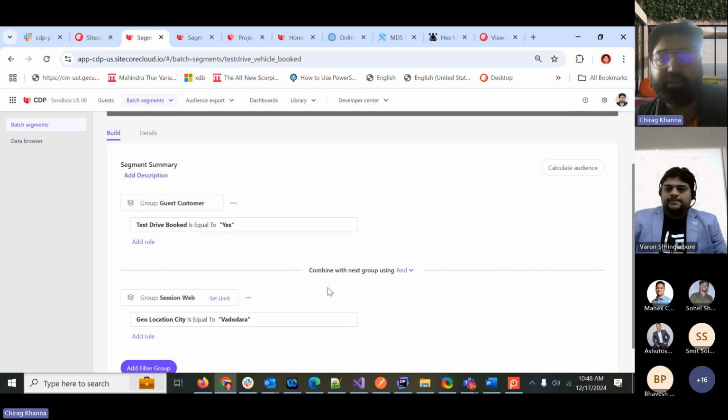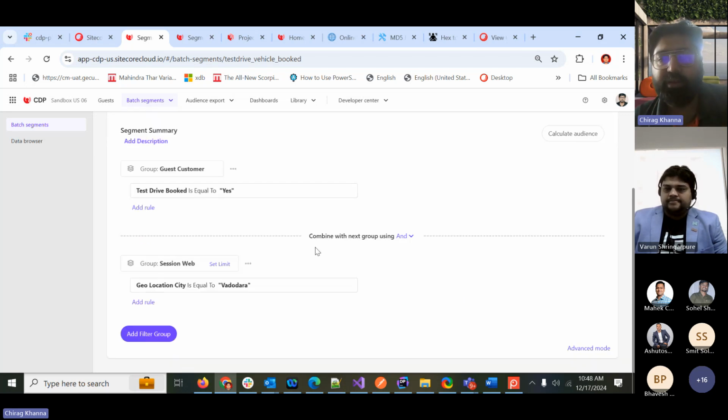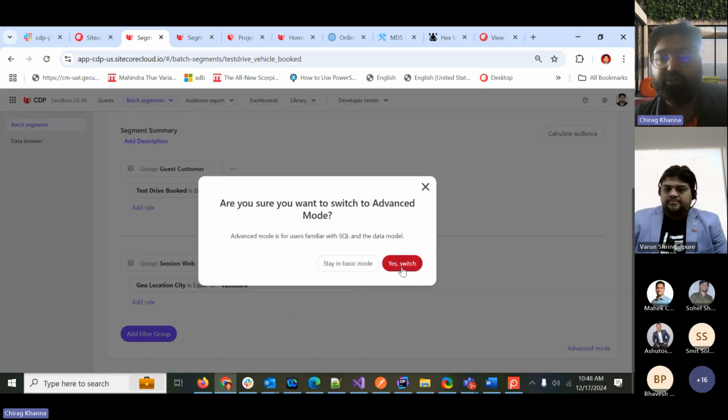The marketers from the client side are creating these conditions. So they are well versed with this UI mode and they can create the conditions from their side. And the other mode is the advanced mode, in which, as I already told, we need to write the SQL query. So if I switch to the advanced mode,